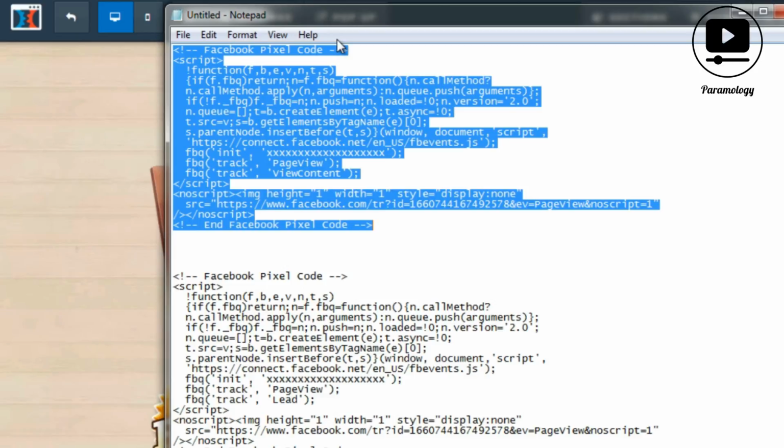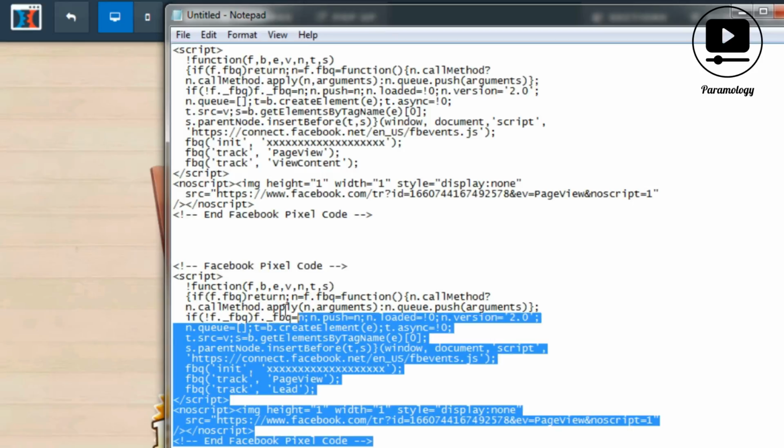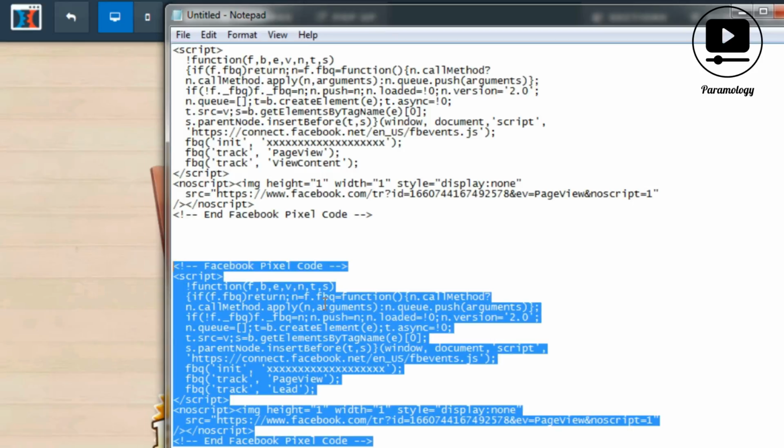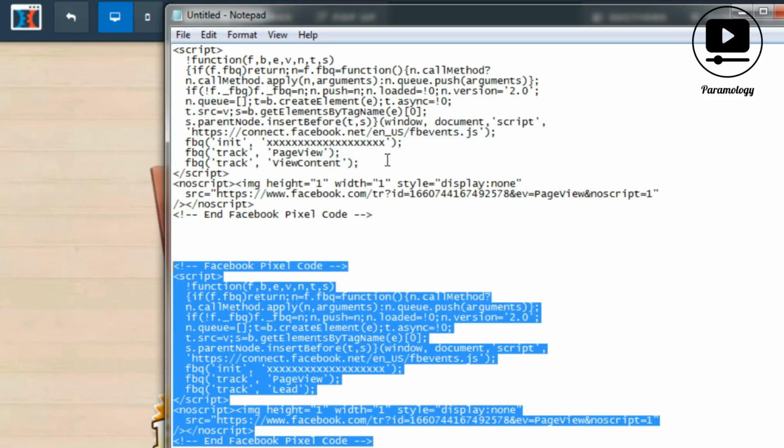So we've done that. The next thing we're going to do is simply copy this code here. And remember, this standard event is the lead, or in other words, somebody who fills out their email address and becomes a lead. So we're going to go ahead and copy that. I'm going to exit out of this page and I'm going to go to the thank you page, click on edit,